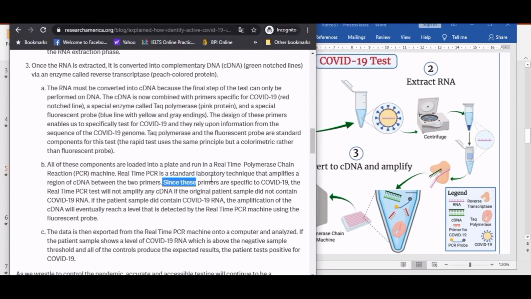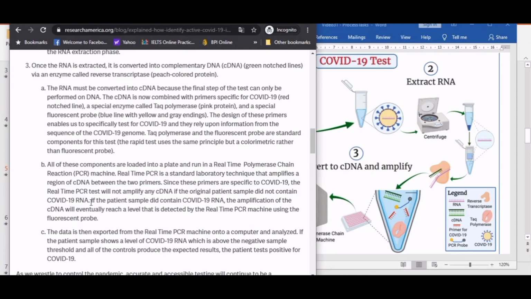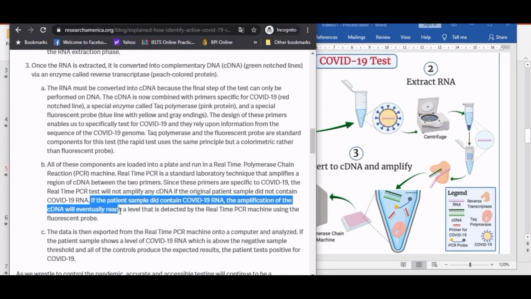And since these primers are specific to COVID-19, the real-time PCR test will not amplify any cDNA if the original patient did not contain COVID-19 RNA. All of that is in the active voice. If the patient did contain COVID-19 RNA, the amplification of the cDNA will eventually reach, still in the active voice, will eventually reach the simple